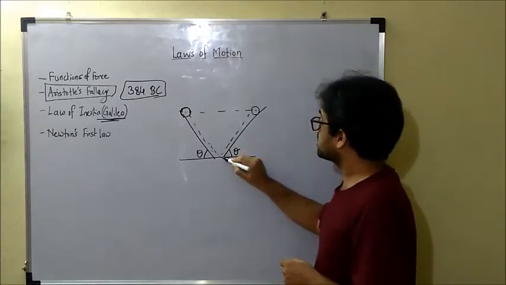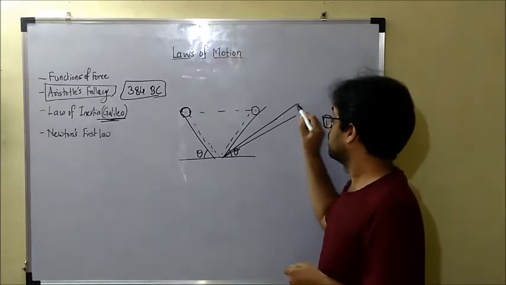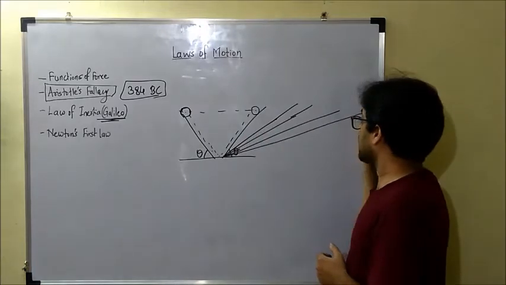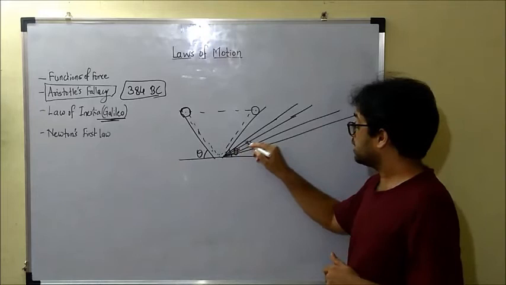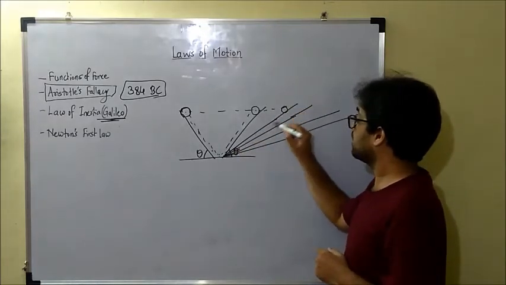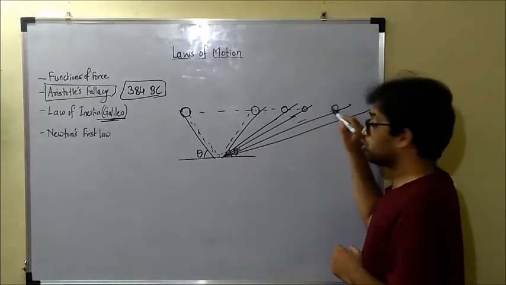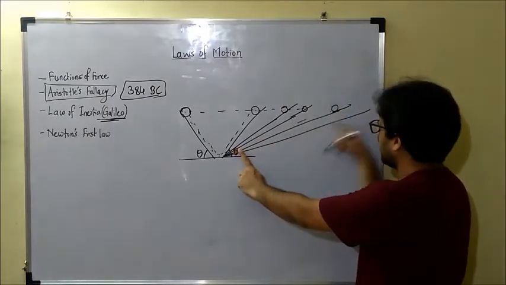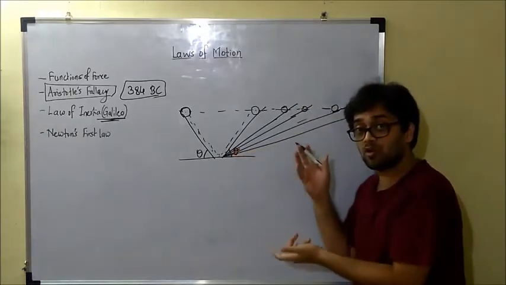Then he changed the angle of this plank. He reduced the angle further and further, so the plank was very long. He kept reducing its angle, and every time he found that the object, when it comes down and then climbs up the plank, more or less reaches the same height. Now for it to reach the same height, it has to travel more and more length, right? If it wants to go to the same height, it has to cover so much length.